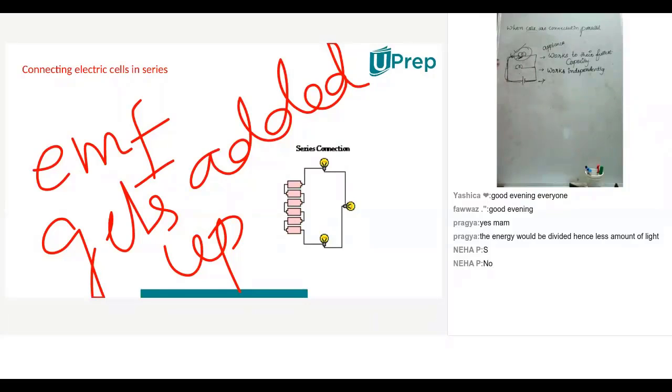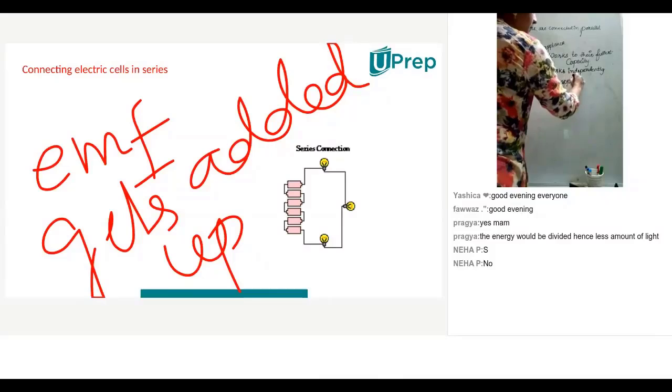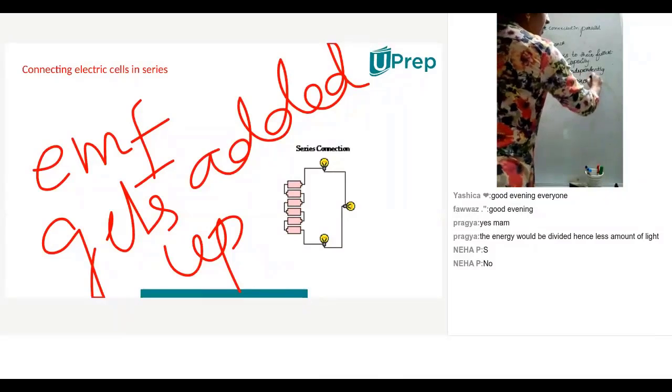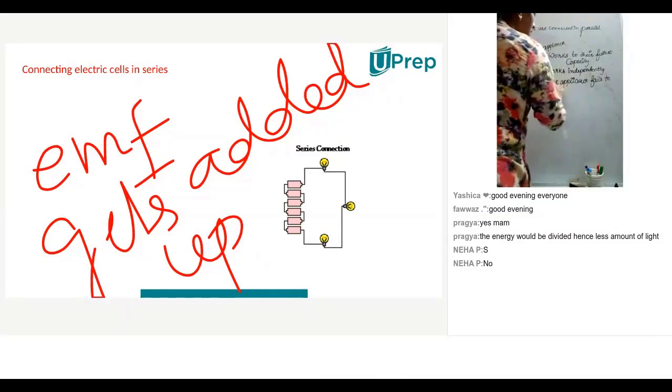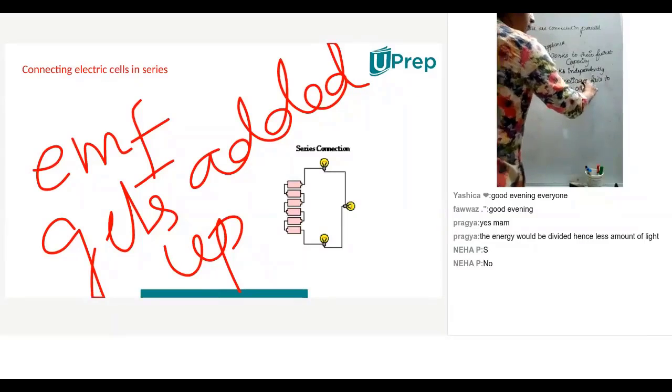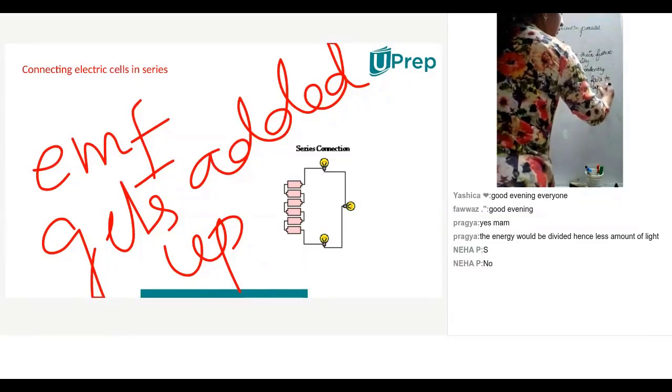Did you understand? So even if my washing machine fails to work for some reason, the fridge continues to work as usual and my television also runs as usual because they are connected in parallel. And it is because each appliance is individually connected to the power supply. So I can write again, if one appliance fails to work, the other appliances